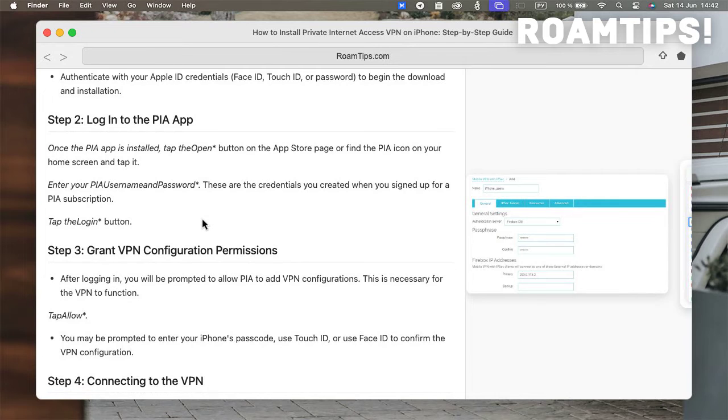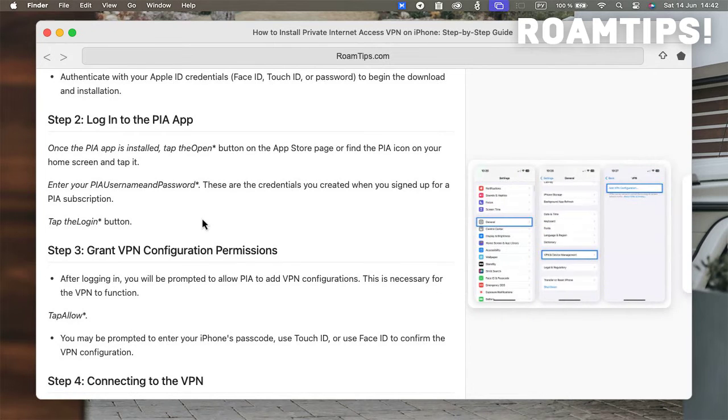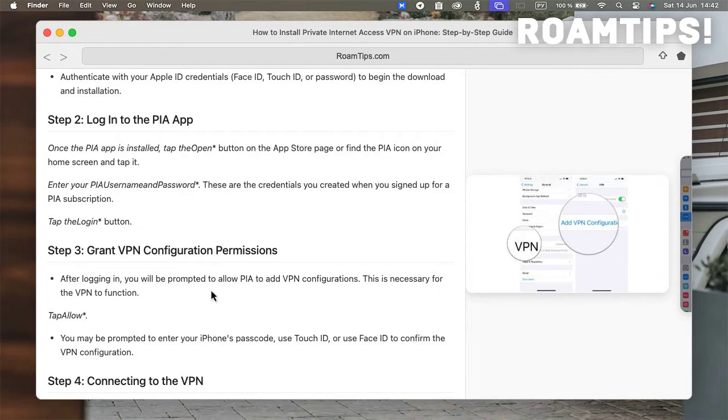I'm your host, and today we're tackling a crucial topic for staying secure and private online, especially when you're traveling or using public Wi-Fi. We're going to walk you through step-by-step how to install and configure Private Internet Access, or VPN, on your iPhone. This will help you encrypt your internet traffic, hide your IP address, and bypass geo-restrictions, giving you a safer and